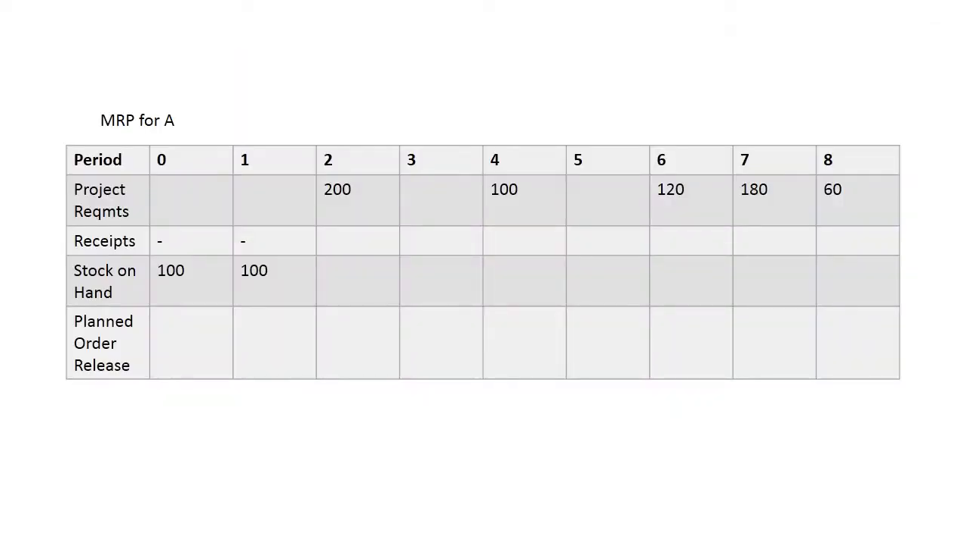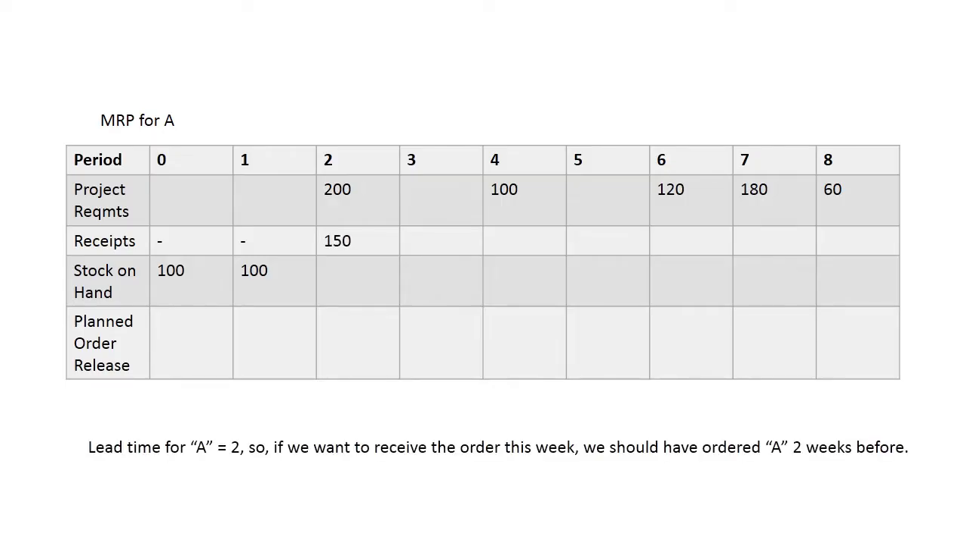Now we'll go to solving the problem. This is the MRP table, which shows the projected requirements, receipts, stock on hand, and planned order release. Planned order release is what we need at the end of the MRP table. The information we got from the master production schedule, we have filled in this table for projected requirement: second week 200, fourth week 100, sixth week 120, seventh week 180, and eighth week 60. And the stock on hand for A is 100, and till the end of the first week we have